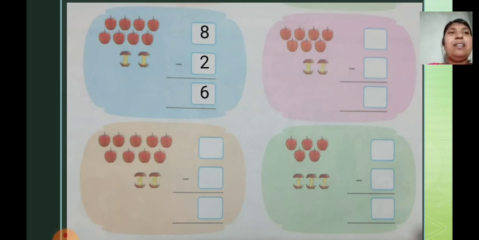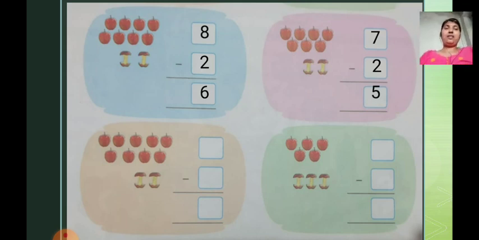How many apples are there? 1, 2, 3, 4, 5, 6 and 7. So write down the number 7. Now among these 7, how many are eaten? 2. So write down the number 2 in the box. Yes. Again you have to follow the same method. Count after 2 up to 7. Count from the lower number till the bigger number. After 2: 3, 4, 5, 6 and 7. How many fingers are there? 5 fingers. So our answer is 5. Write down 5. Student, you have to copy down in your textbook.